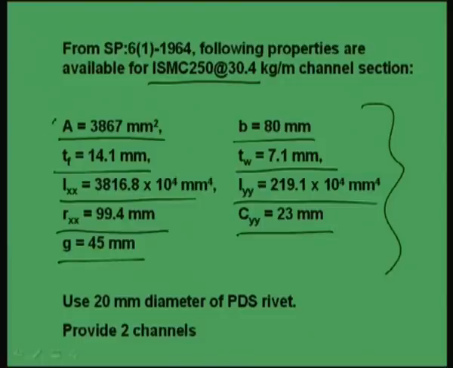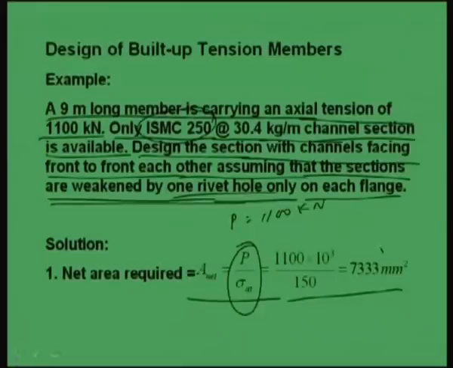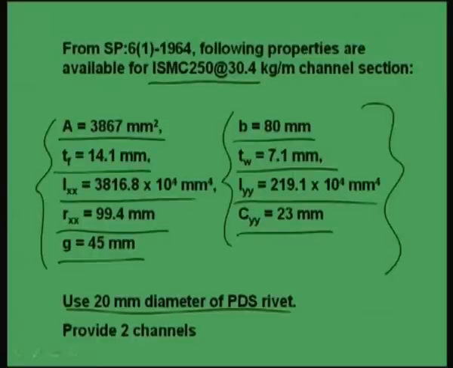These are all the details which will be required for our design, which has been given in the SP6. Okay. Now, using 20 mm diameter power driven shop rivets, and because the required area is 7333, we need to provide 2 channels, because the area of the channel is